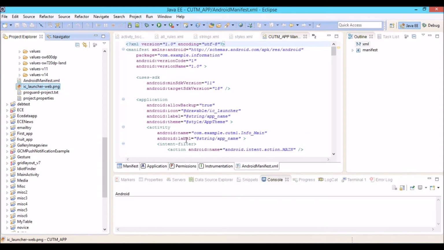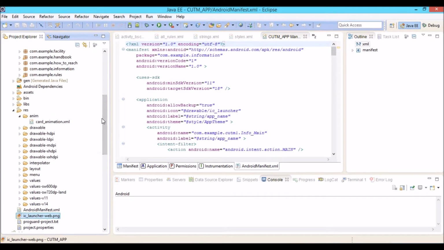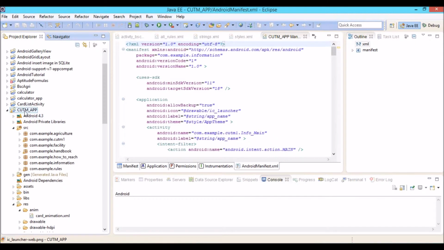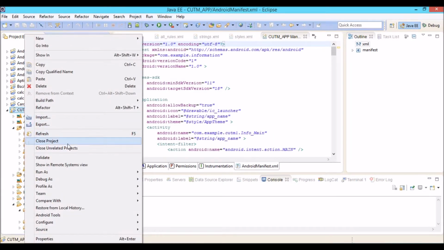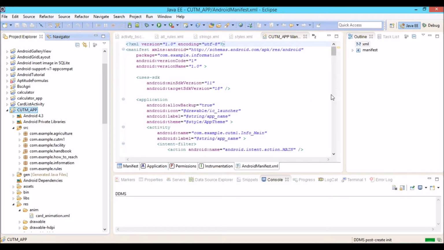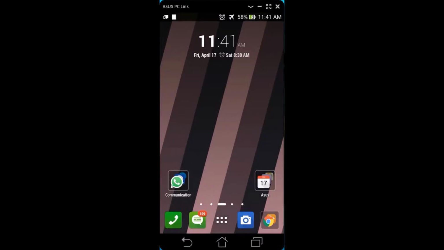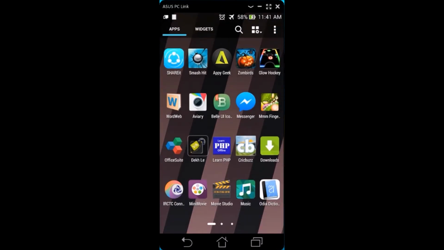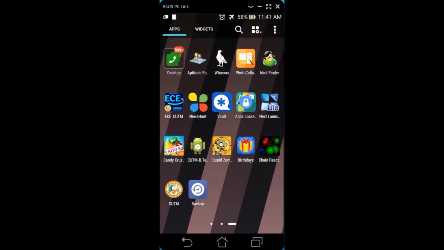So this was all about the project environment where the project has been developed. Now, by right clicking on this project and choosing Run as Android application, one can run the project. After successful completion, we have run this app on this device, an Asus Zenfone 5. This is the screen which shows the device, and this is the main device screen. And we are now going to access the Centurion data app, which has been developed by group 2.